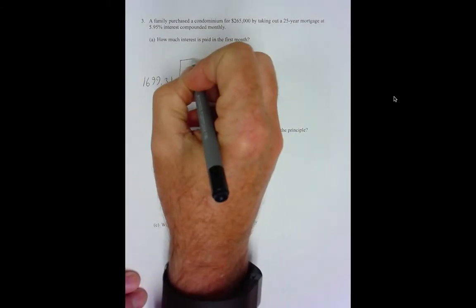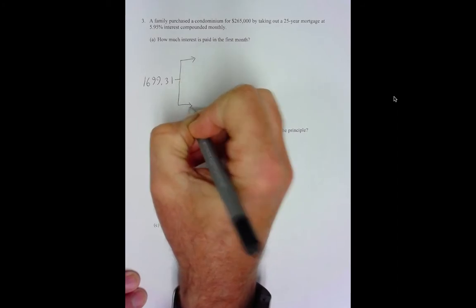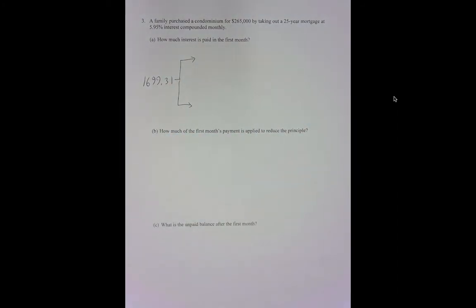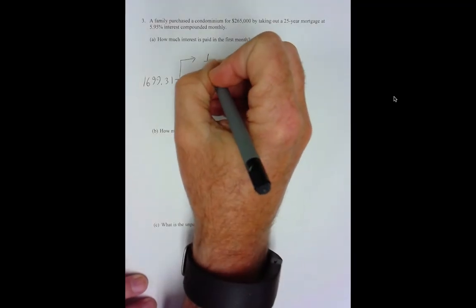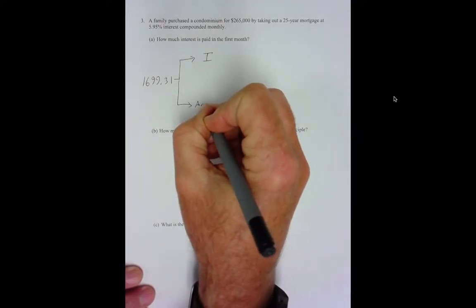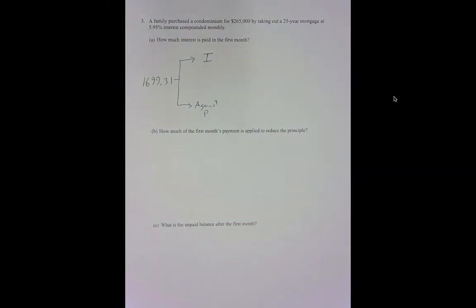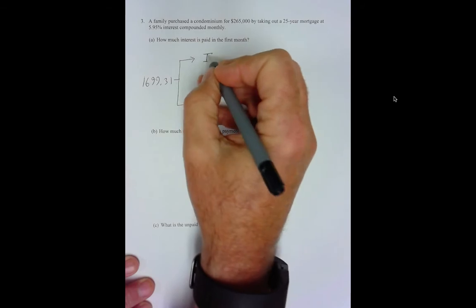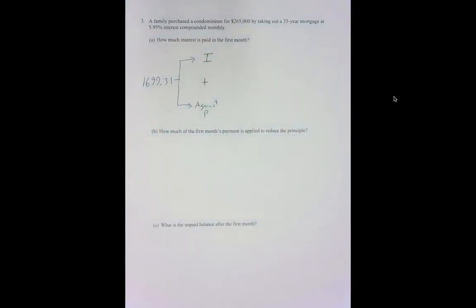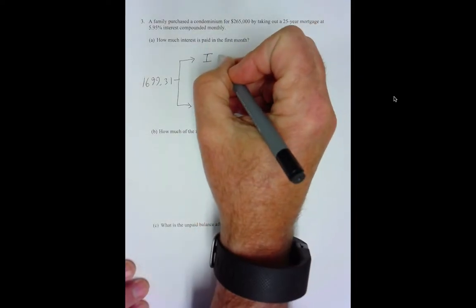Now, every payment you have to think of as accomplishing two functions. One, part of it is interest. It's paying the bank to let you borrow that money. And the second is the amount that goes against principal. These two values will add up to your total amount. Now, the interest is going to be really easy to find because the interest can be found by just